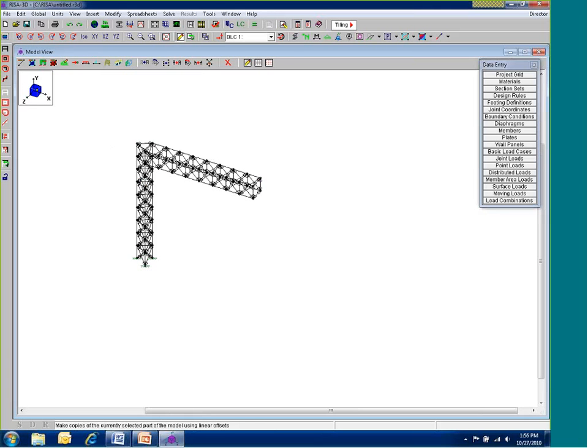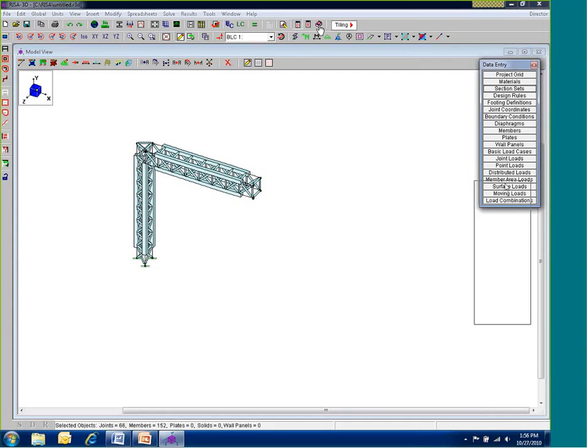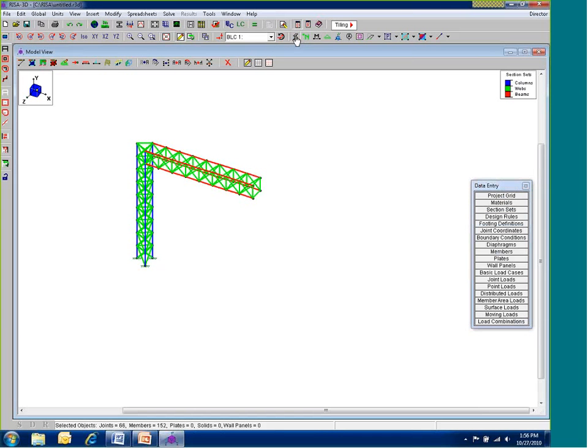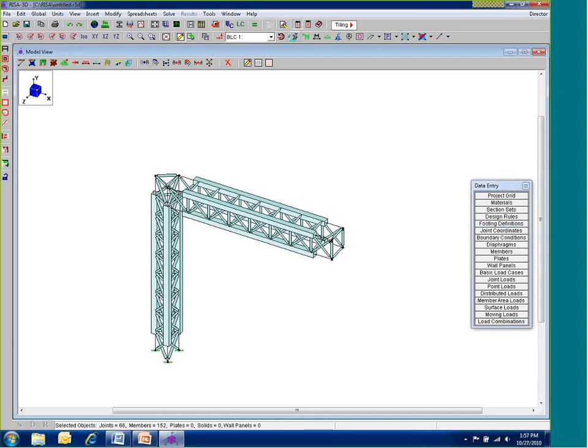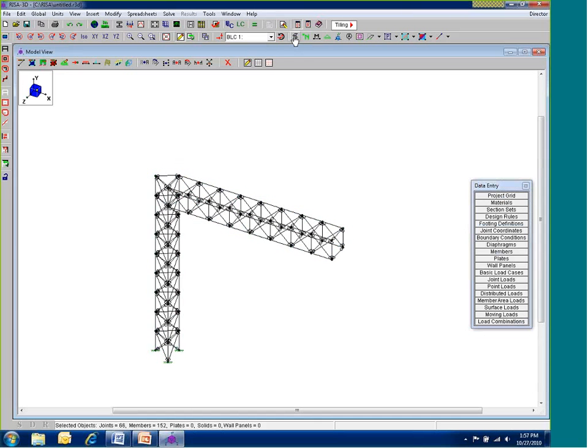We'll just render it real fast so we see what we're looking at again. Rendering also does take you through the different section cuts and colors, so you can see if you did that properly. That's one of the big mistakes I think folks make: you get halfway through and you're like, wow, I used the wrong members. But if you phase that through a couple rendering sites, sections here, you can see how you did it. So I've got webs in place, I've got my beams and my columns, and now the next